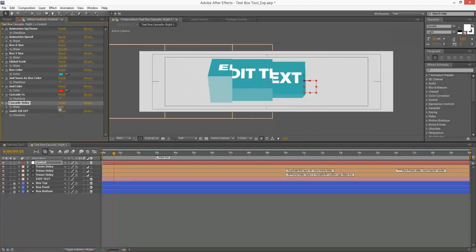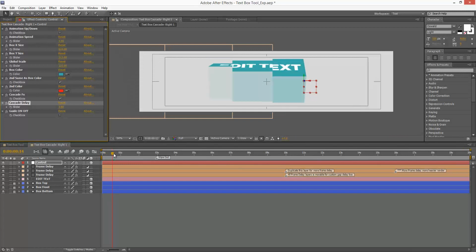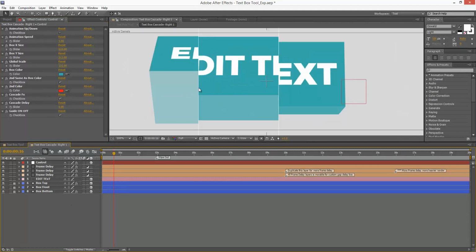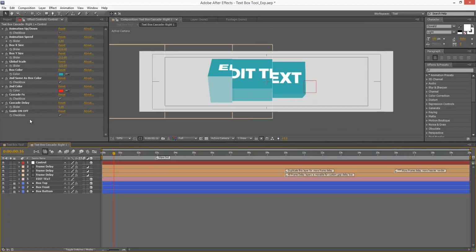So we have cascade delay, which is how much time we want to delay the timing. Let's say I want to use 5, and I also can use the guide over here. So actually I can see the guide, where I want to cut the text. So if you want to change the box